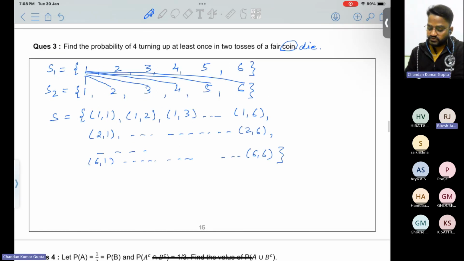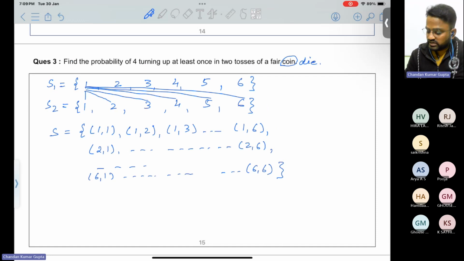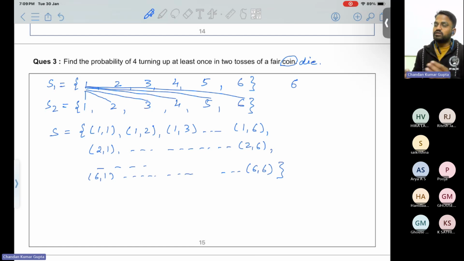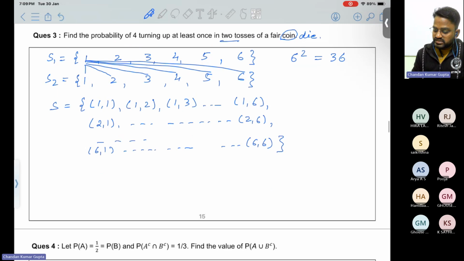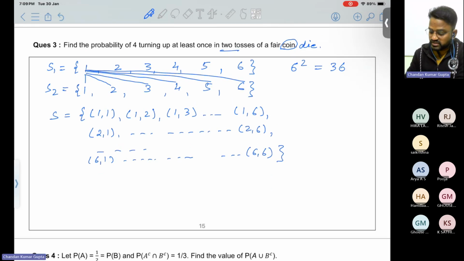Actually, here you can see that when we roll a die, the possible outcomes are 6. And for the number of times we roll, or the number of dice we consider, we take the power of that number. Here we throw twice, so 6 squared equals 36. So there are a total of 36 outcomes. And you may visualize how the outcomes are, like 1 1, 1 2, 1 3 and so on, 2 1, 2 2 and so on.